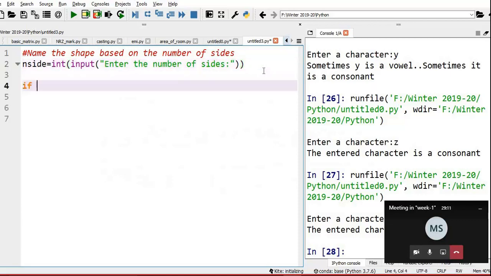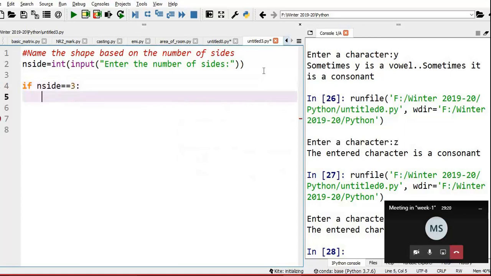Now, if n side double equal to 3 colon, name is equal to, you can do it in multiple ways.